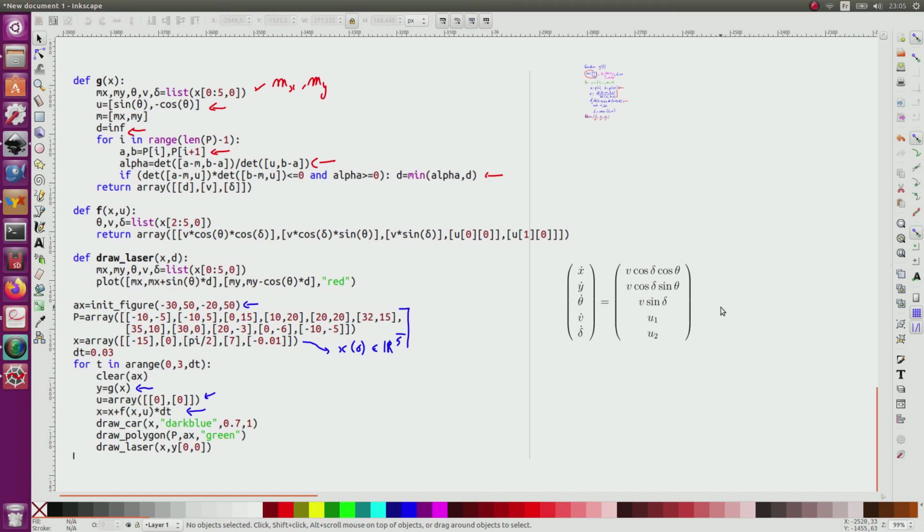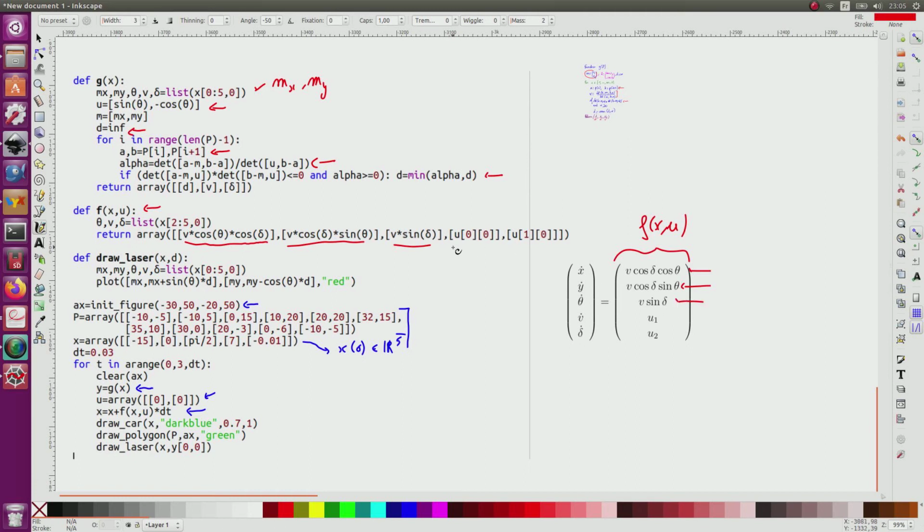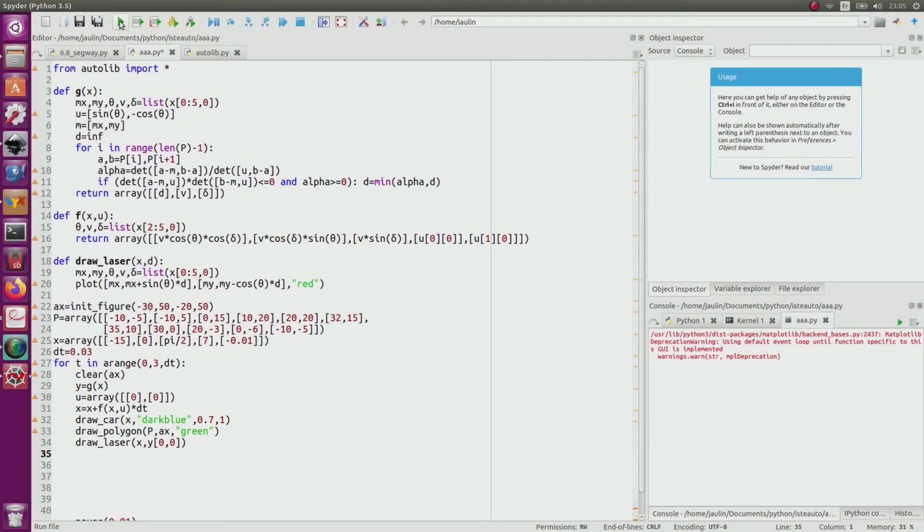So this corresponds to f of x and u, which is defined here. Here I extract from x theta, v, and delta, and then this corresponds to that, this to that, this to that, and here it is a control u1 and u2, which is integrated here in the Euler formula. So if I now simulate this with Python, I take the same program, I run it,